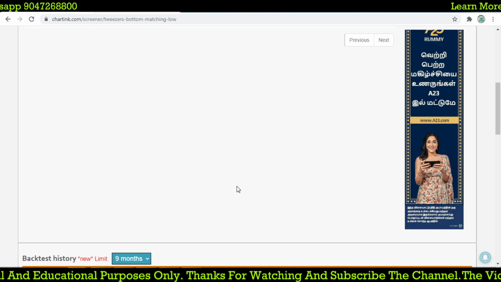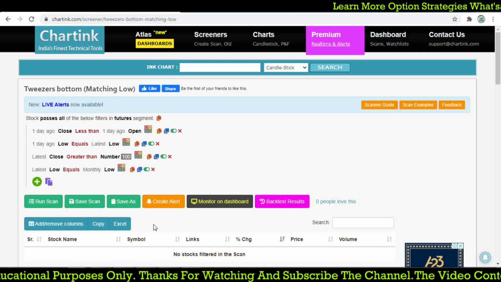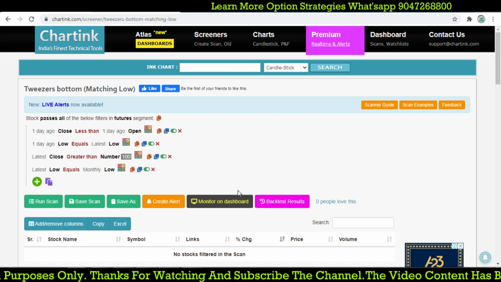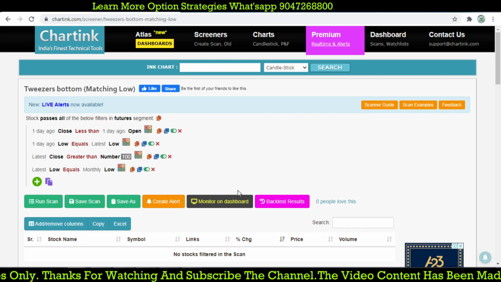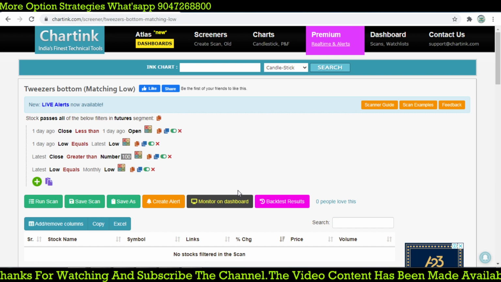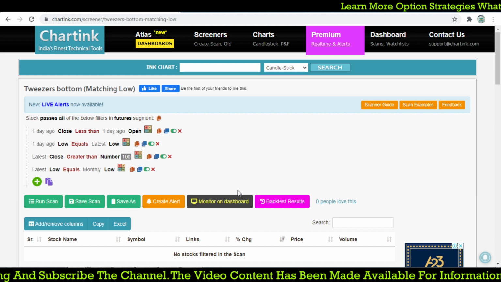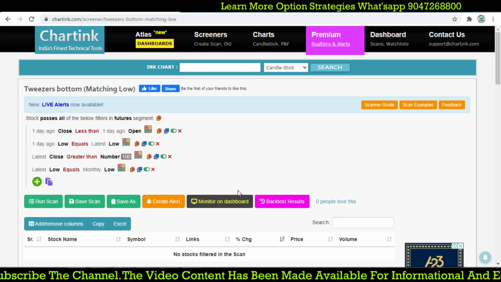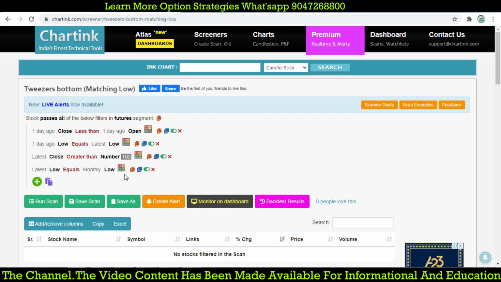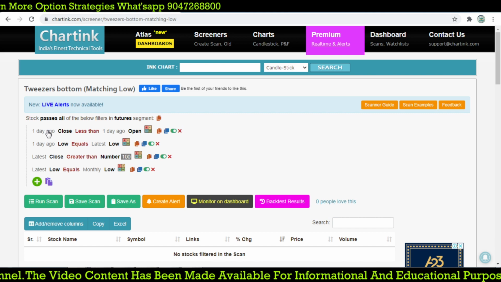So that one. Another double candlestick reversal pattern is the last pattern, and the next one is the Tweezer top, which is a bearish reversal. Here we are focusing on a bullish reversal, and in the next video I'll talk about the Tweezer top. Okay, and this one we will create for hourly or 15 minutes.